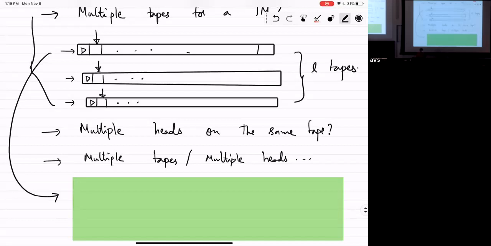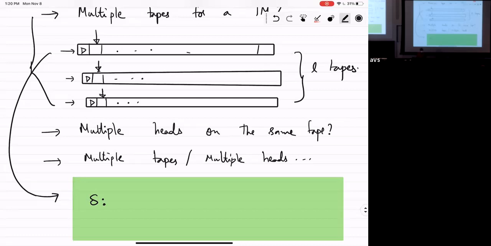Well, I have to define a transition function, right? For a single tape, there was a transition function which specified the Turing machine fully. For multiple tapes, it's also the same thing. I need to tell you what the transition function should do. But what are the ingredients in the transition function? What should the input and output of the transition function be? Any guesses?